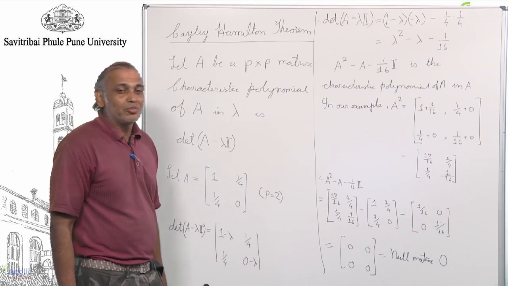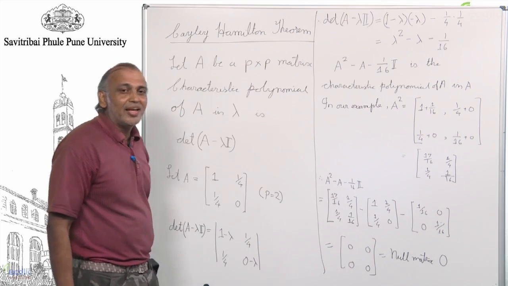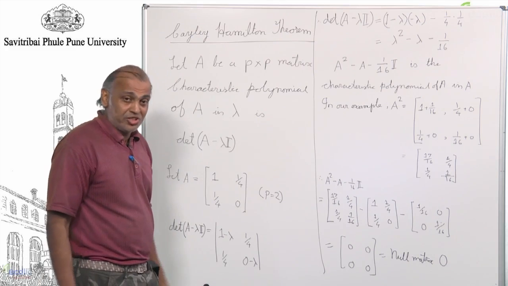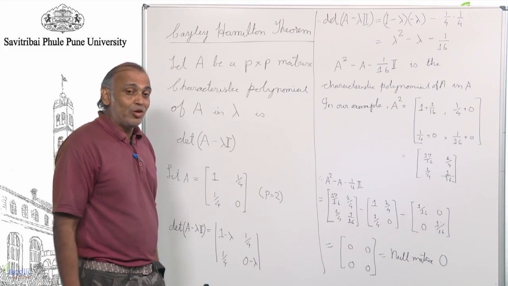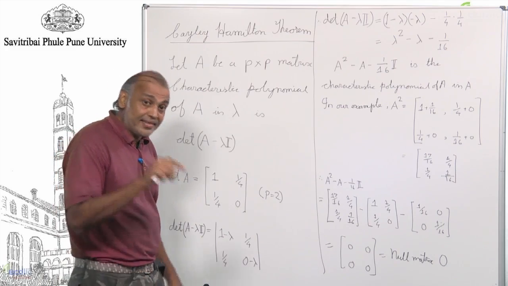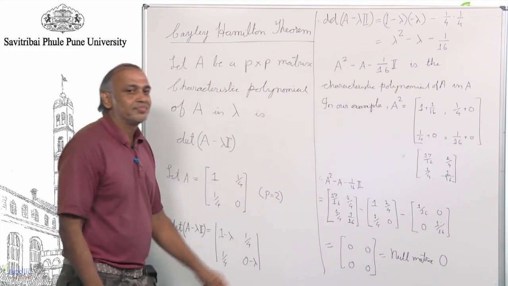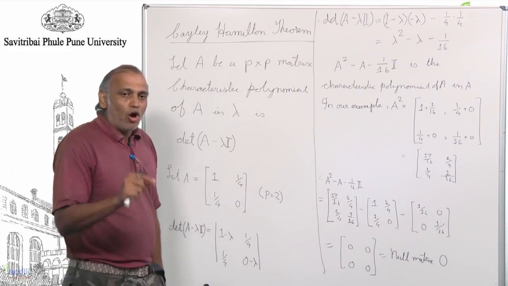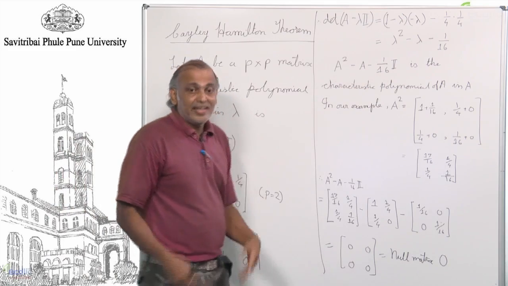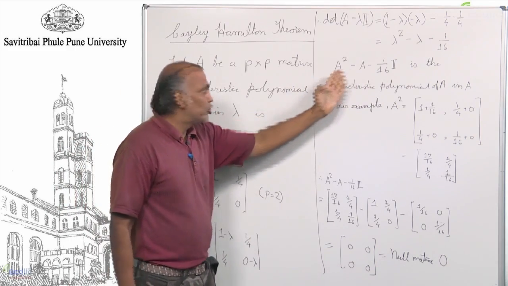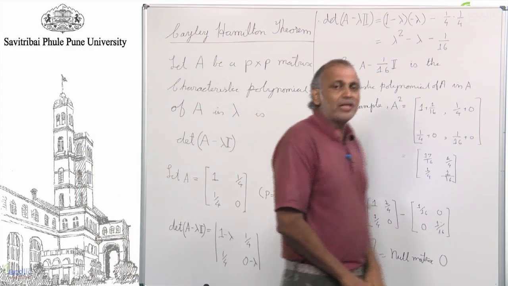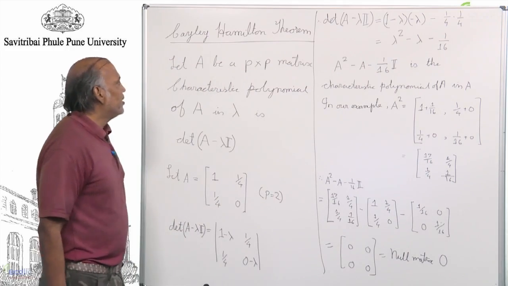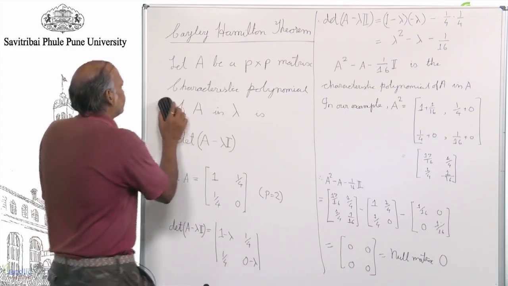This observation in fact goes by the name Cayley-Hamilton Theorem. So take any P by P matrix, find out its characteristic polynomial, and evaluate the characteristic polynomial of that matrix in that matrix, something like this, and that should evaluate to 0. The characteristic polynomial of A decides these coefficients, and A decides this thing which you write here. Okay, so let me write down the statement properly. The Cayley-Hamilton theorem. Let A be a P by P matrix, then